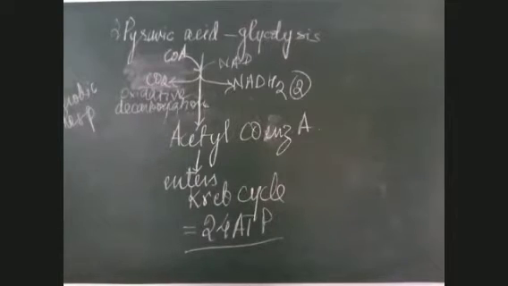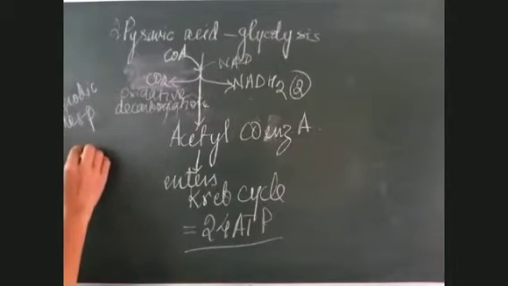How these ATP are formed, in the calculation I told you yesterday, is that 3 NADH2 are formed in the process, 1 FADH2 is formed, and 1 ATP is formed. 1 NADH2 gives you 3 ATPs, so 3 threes are 9 ATPs. 1 FADH2 gives you 2 ATPs. And 1 ATP is already there. So that way we get 24 ATPs.